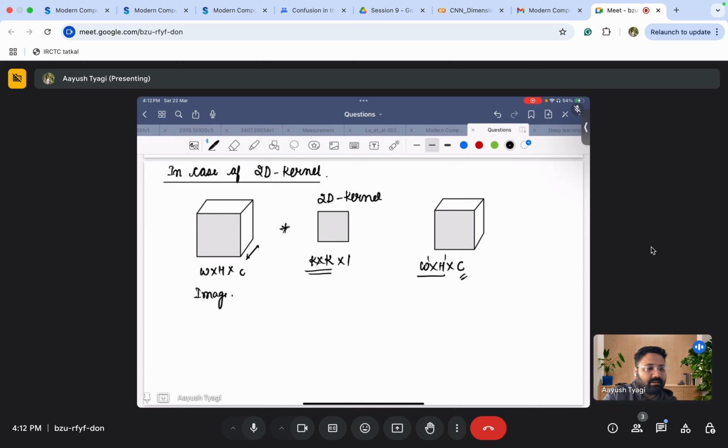So this is a special case, and this operation is basically seen in one of